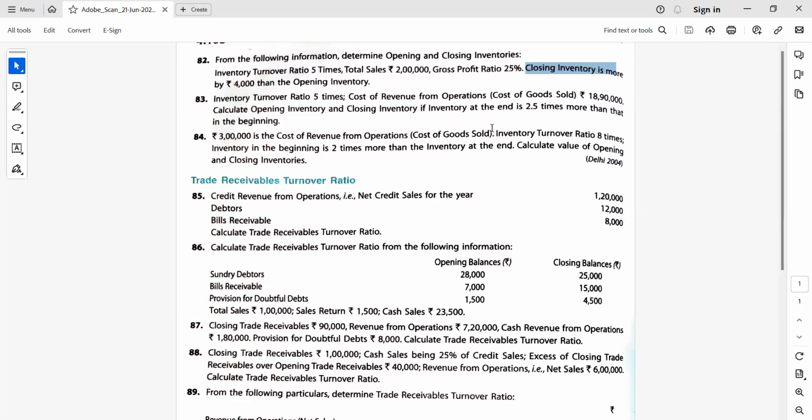Yes, sir, by adding debtors plus bills receivable, this is the revenue from operations. What are you doing? I'm saying revenue from operations. You are telling me trade receivable. Revenue. The answer will be